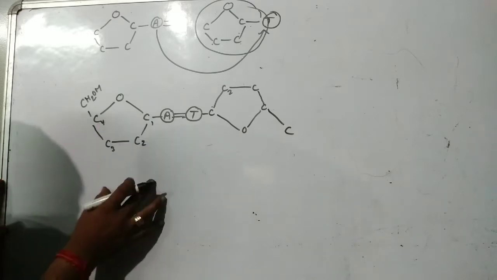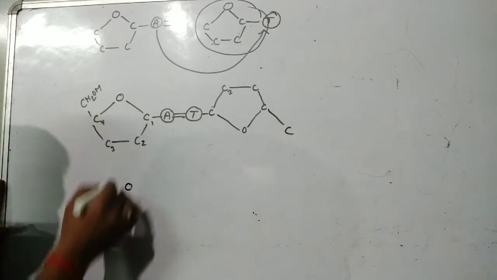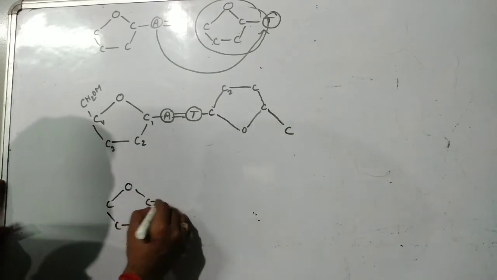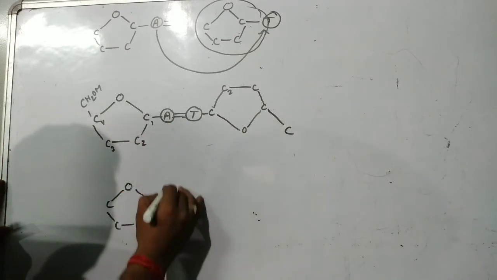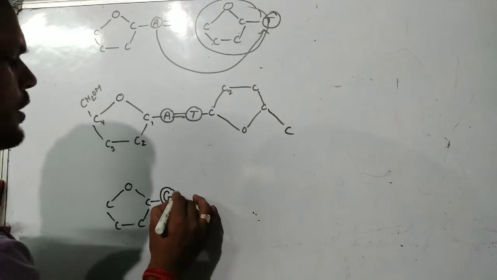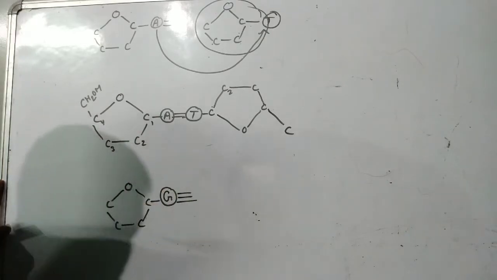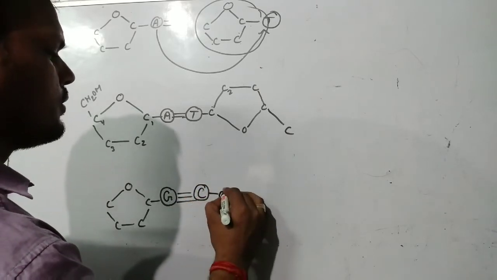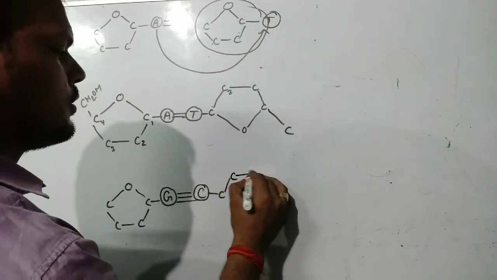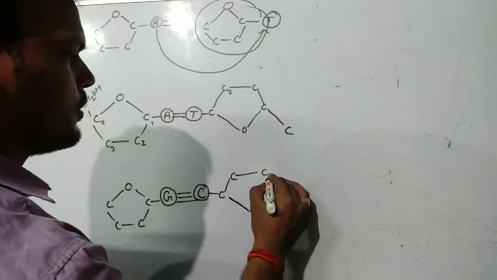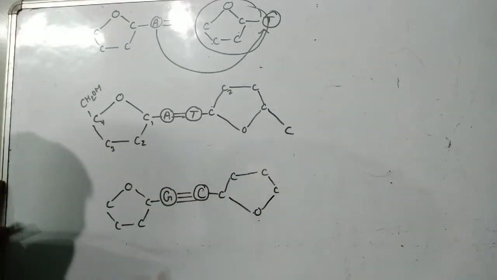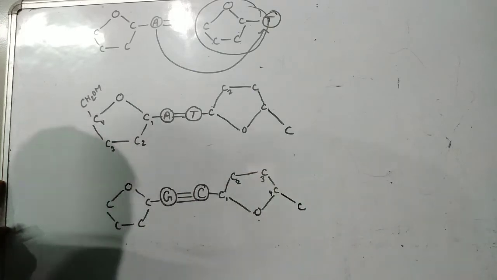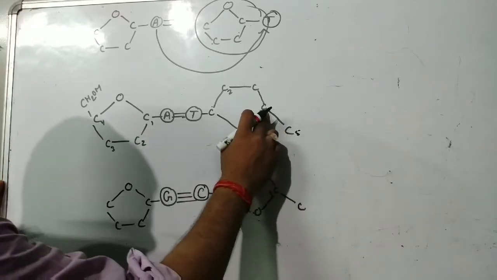Now, to draw it, draw another structure. Same way. Suppose we have taken A here as a purine. Let us take G here. G is going to form triple hydrogen bond with the cytosine. Again C. Now this is first carbon atom, second carbon atom, third carbon atom, fourth carbon atom, and this is your fifth carbon atom. Now this is fifth carbon atom for the first chain.